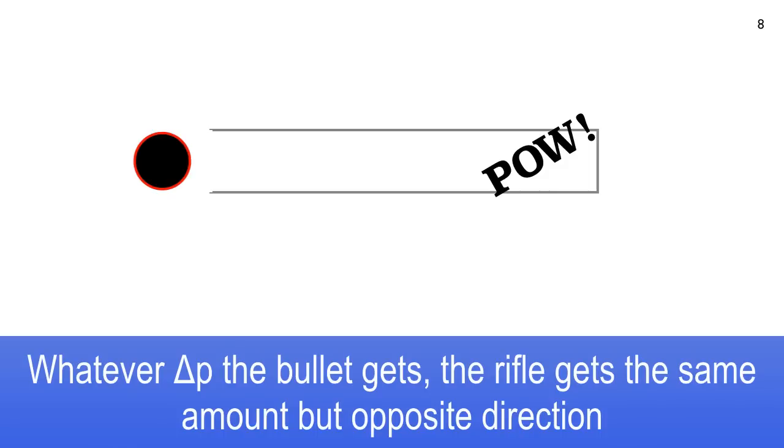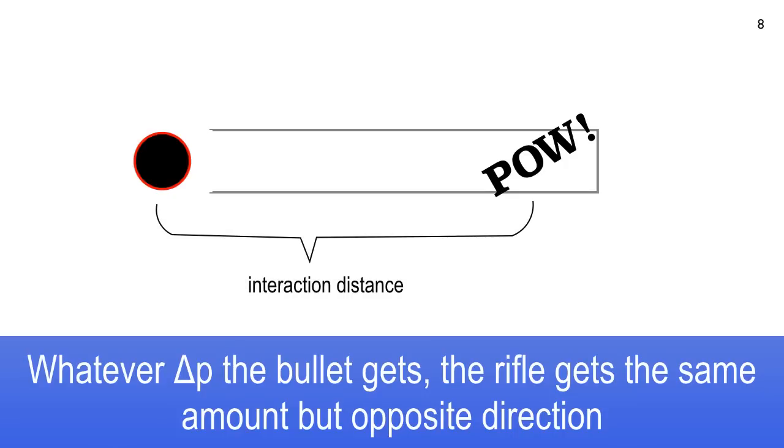Yay. The rifle doesn't recoil very much because it's so much more massive than the bullet. Raise your hand if you ever go hunting for deer and stuff like that. A couple of you. If you ever go hunting with a high-powered rifle, you'll get a significant kick. You'll feel it, but it depends on what kind of ammo you're using. The other thing I want to point out is that all this occurs in a set distance.